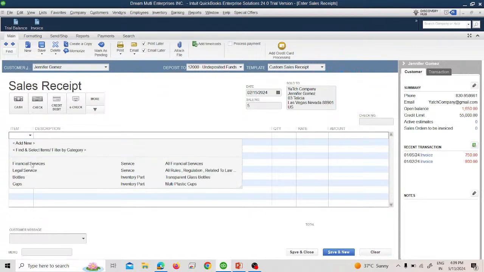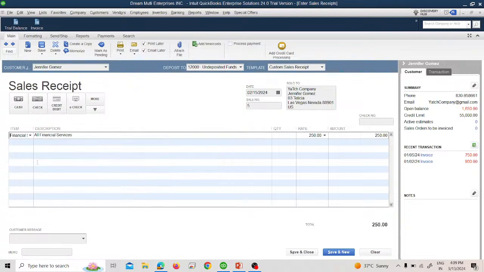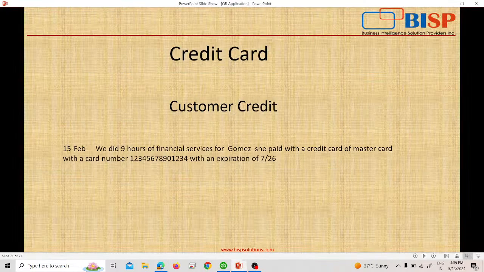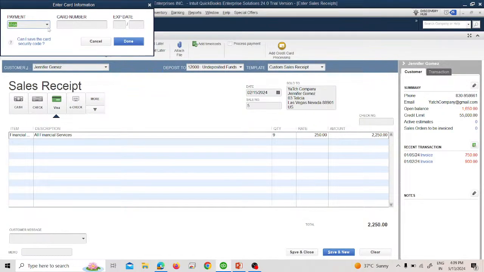We gave 9 hours of financial services to her, so we will enter 9, and the amount is 2250. This is all we have already discussed, how to enter sale receipts and how to enter the undeposited. Now here you can see the sale receipts through the credit and debit check. When you click this, it will open up and ask you for the information to be added. The information we have is that she has a MasterCard, and the MasterCard number is,